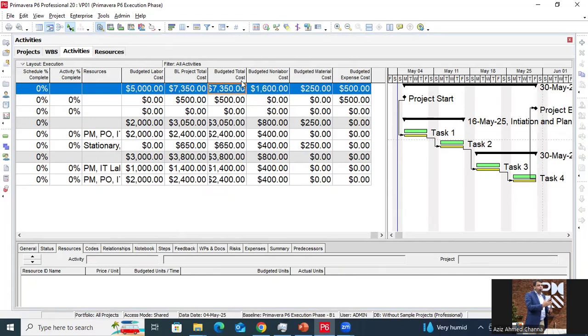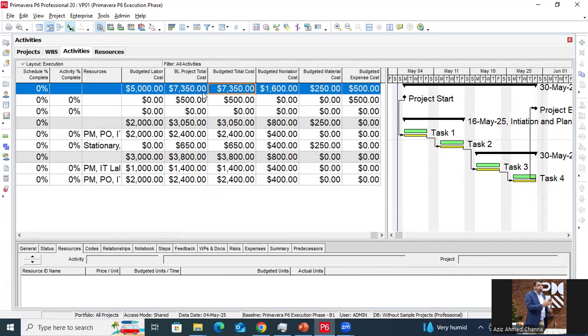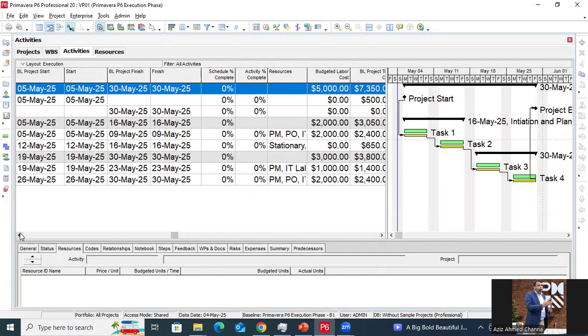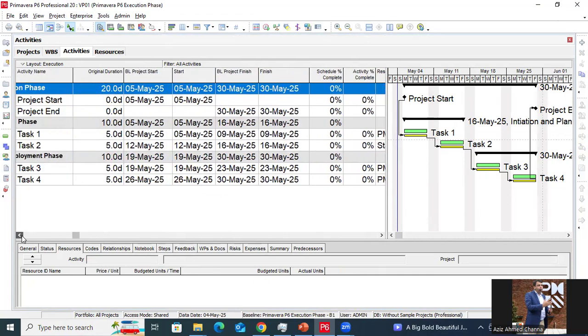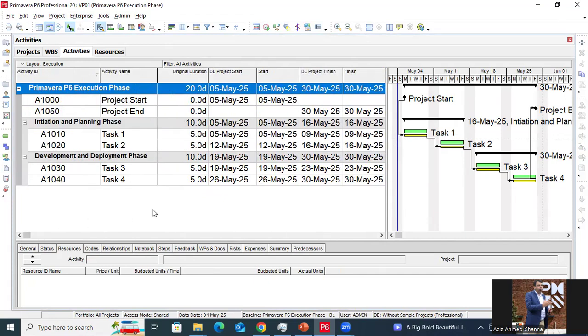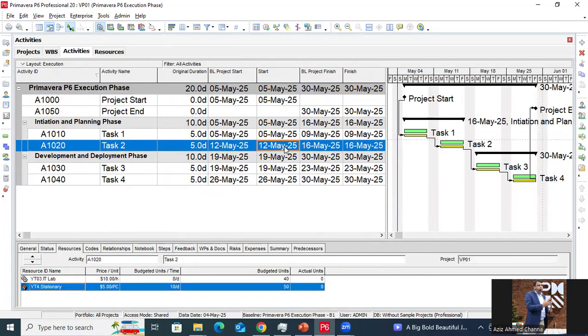And now you can see the budgeted total cost is equal to the project baseline budget cost because there's no change so far. So now I'm going to update the project progress. So you have to focus on these two columns, that is schedule percent complete and activity percent complete. So if I want to update the project progress till 12th of May,